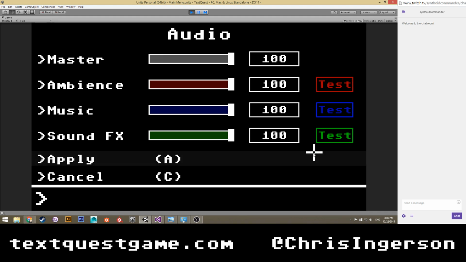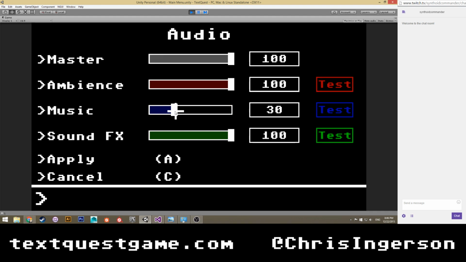And we can test various things. So we want our music to be like 20. You can click any of these buttons and they'll start their own tests. There's our sound effects. We can lower that to 50. Of course, we can lower our master to say like 50. We don't want it to ever be louder than that. So ambience could be fairly loud. Music will be very quiet. Sound effects would be louder than music.